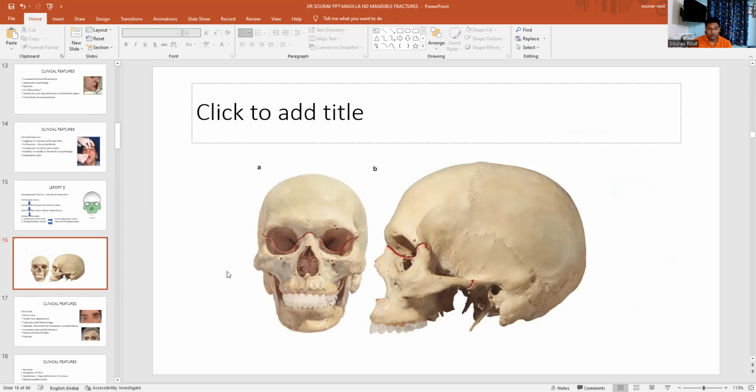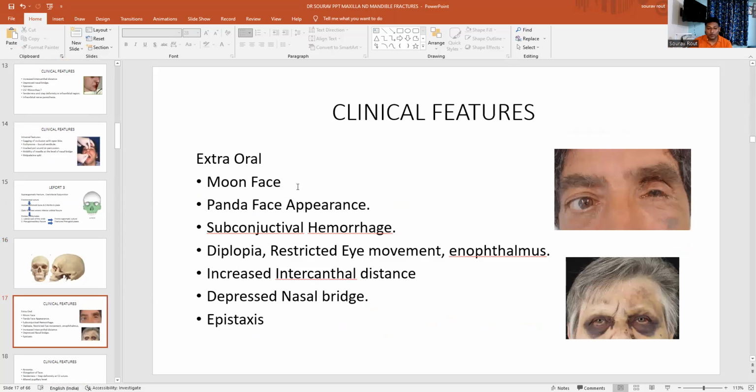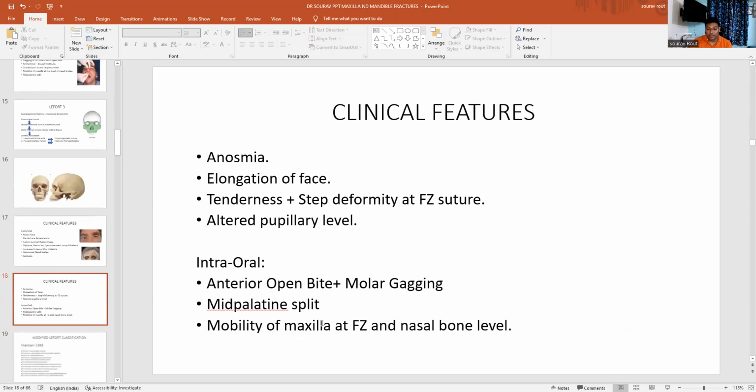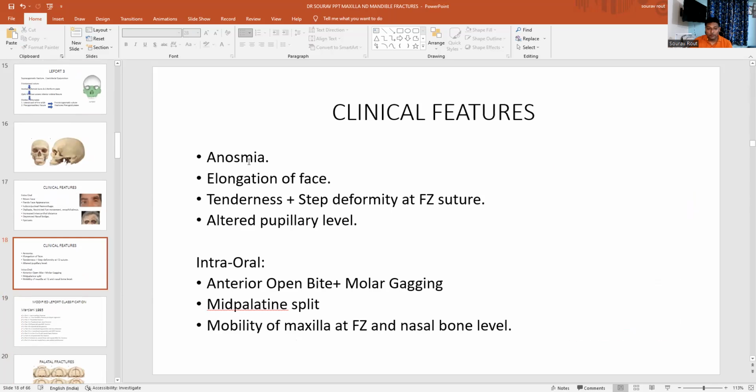You can see clinical features of Le Fort 3 are moon face, panda facies deformity, subconjunctival hemorrhage, diplopia, restricted eye movement. It involves the muscles of the orbit, enophthalmos, increased intercanthal distance, and then these two canthus, depressed nasal bridge, epistaxis. Other clinical features are associated with anosmia, because it can involve the